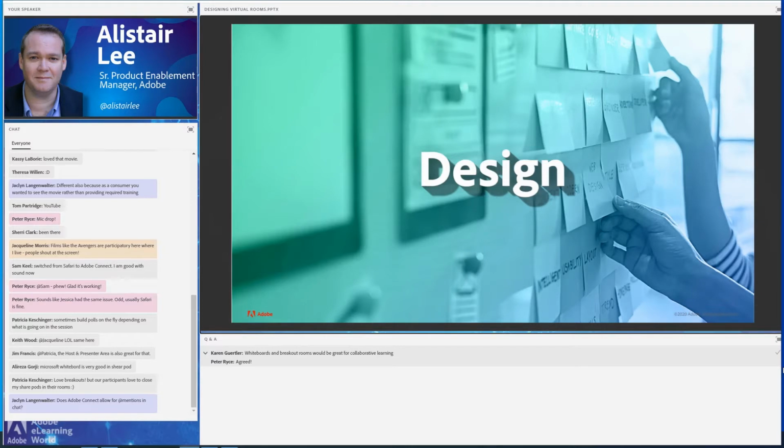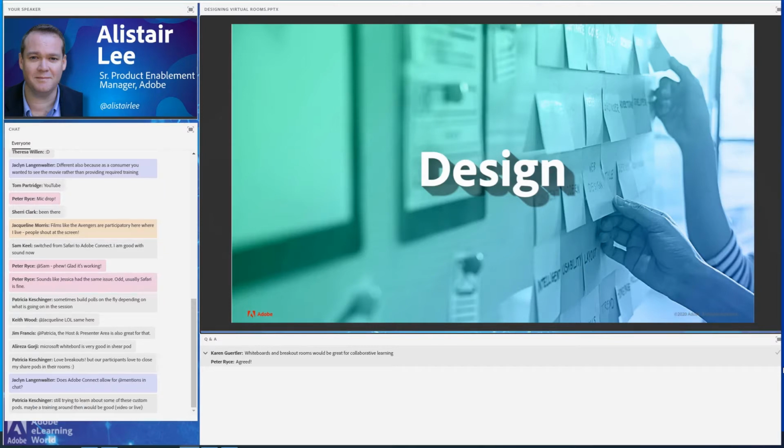Before we get into looking at this, though, with an example, I want to talk a bit about design. Now, design is a core principle across all of the different fundamental things that we've been talking about. You need to design interaction. You need to design your content. But I wanted to separate it out for today's session because I want you to think about design as another separate principle. I want you to think about designing your learner's journey from start to finish.